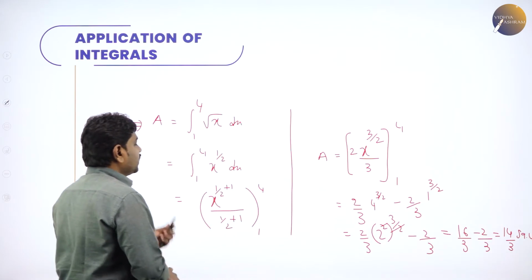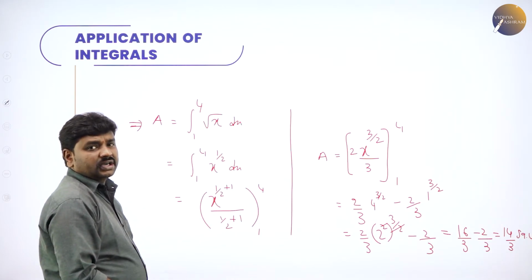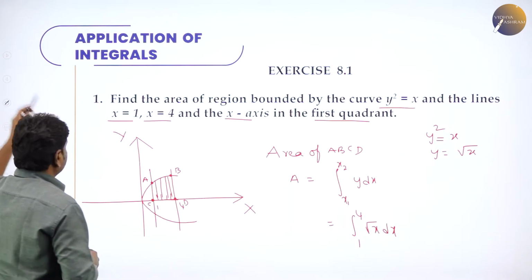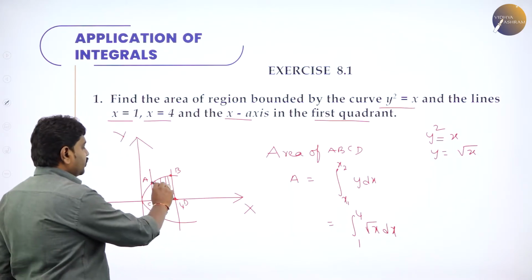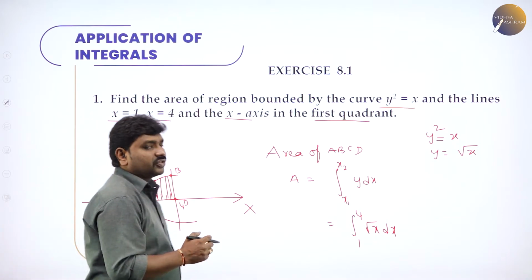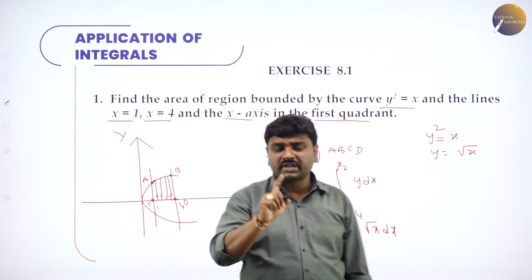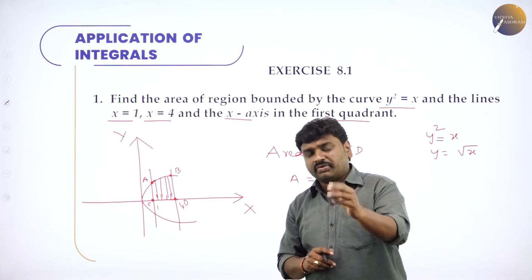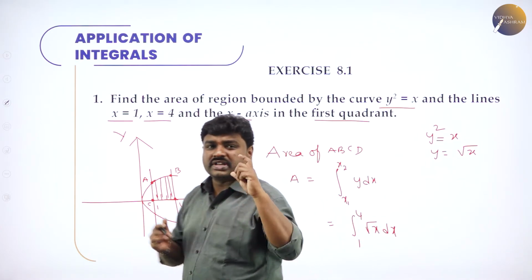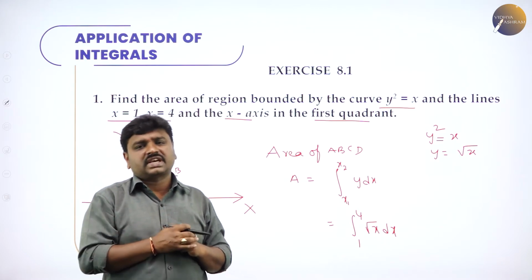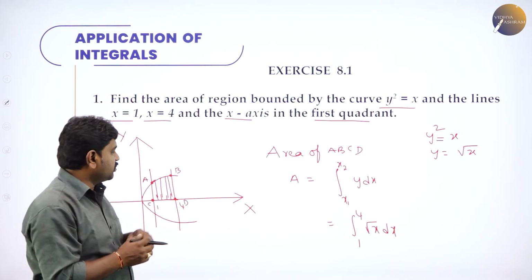See, simple. They want area bounded by the curve and x-axis. When you read the question, they want area bounded by the region and x-axis. So this is the curve. So the two basics, parabolas you have to learn. Before you start learning this chapter, refer conic sections. y square is equal to x is a parabola symmetric about x-axis. x square is a parabola symmetric about y-axis.